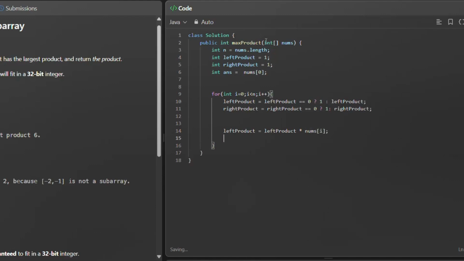And from the right side, right product is equal to right product into nums of n minus 1 minus i. So we are traversing from the right side, right to left, so we will find the maximum result of the product